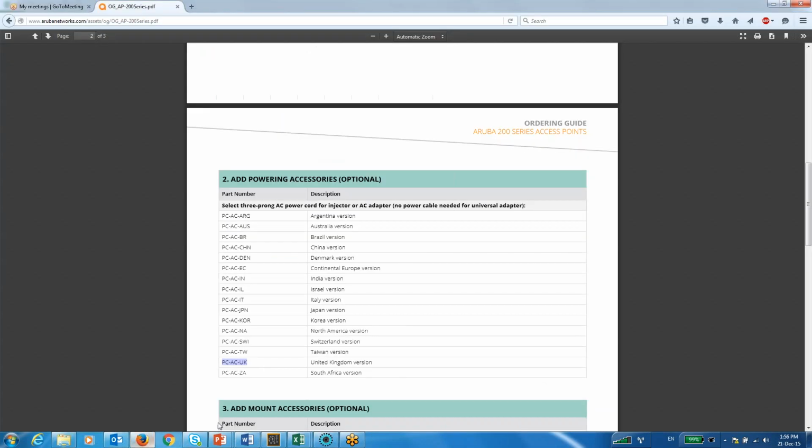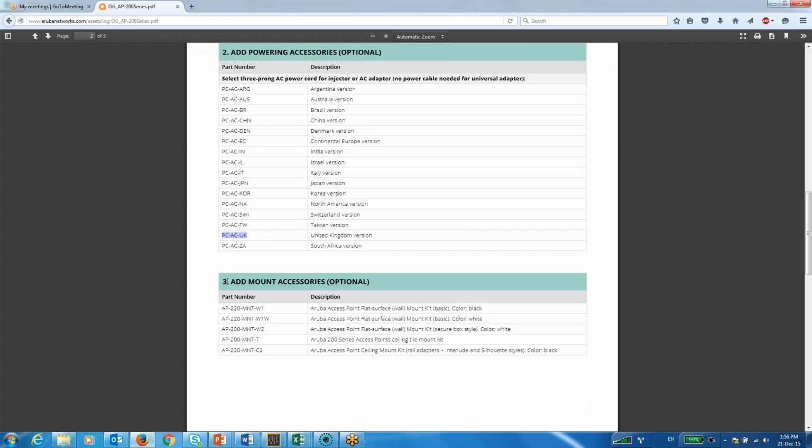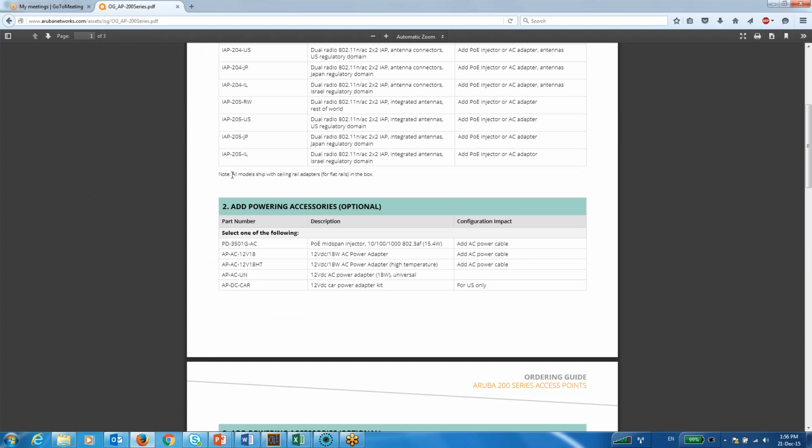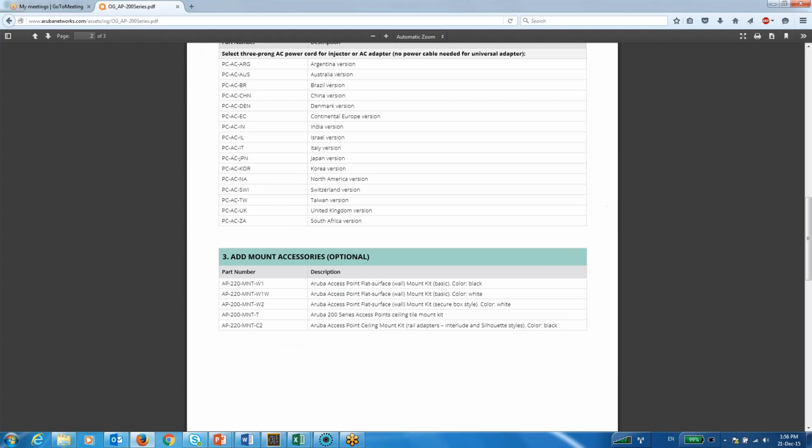Okay, let's go again to the ordering guide. So what else? Number 3, add mounting option accessories. It's optional because, as we said, each access point will be shipped with ceiling rail adapters, but usually we recommend to add the optional mounting kit. So you can choose the mounting kit based on your requirement. We have a lot of mounting kits. You can add the basic one, with color black or color white, or you can add the recommended one, AB200